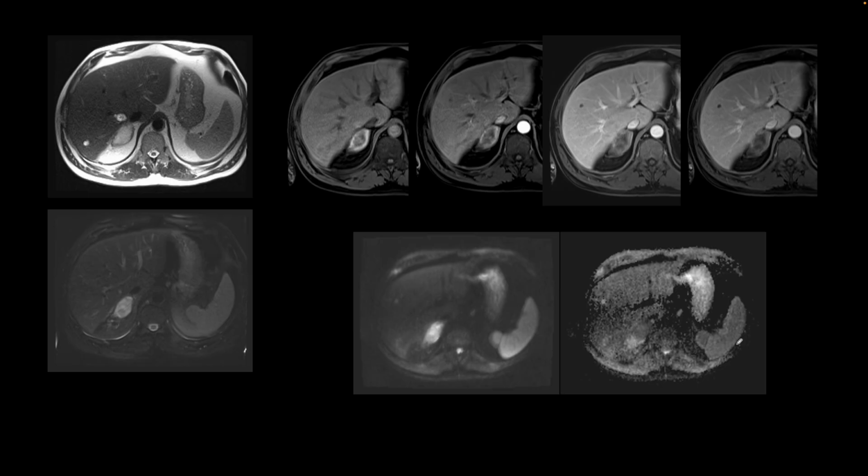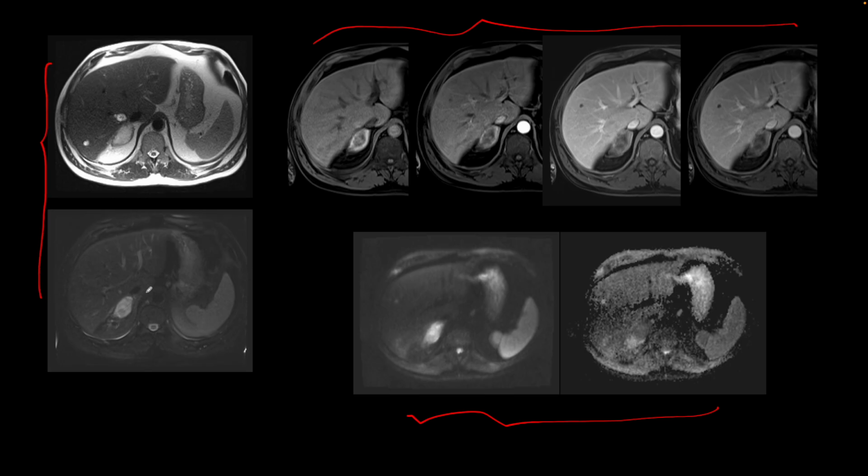Okay, so now we are looking at multiple images from MR of the abdomen. The contrast enhanced images are up there. DWI and ADC images are here at the bottom. And on the left, we have T2 weighted axial image and T2 weighted fat saturated axial image below. This patient's images show a